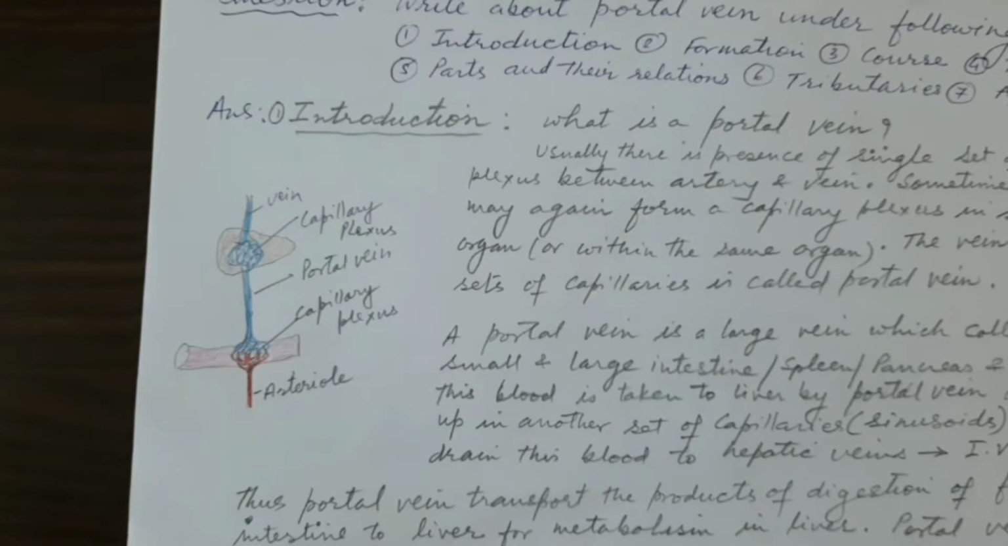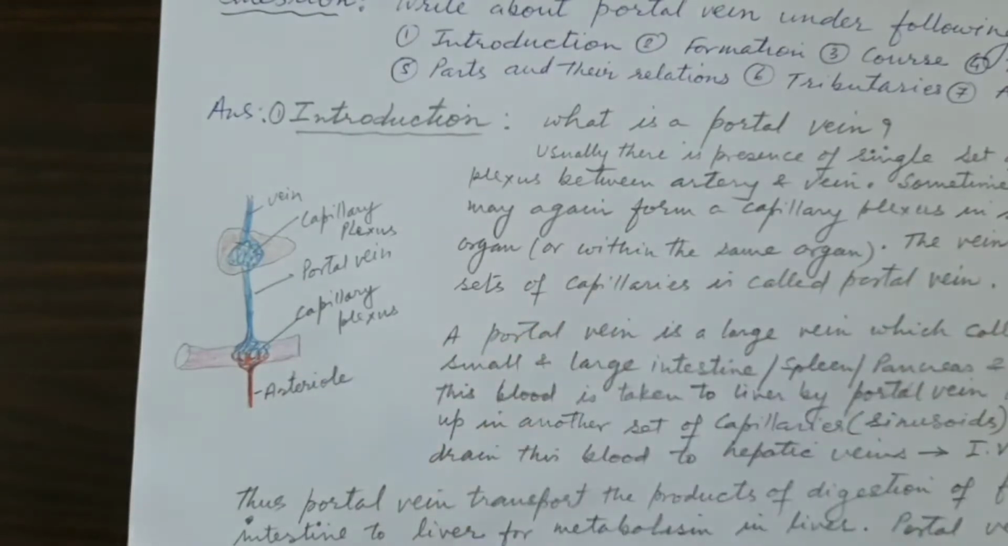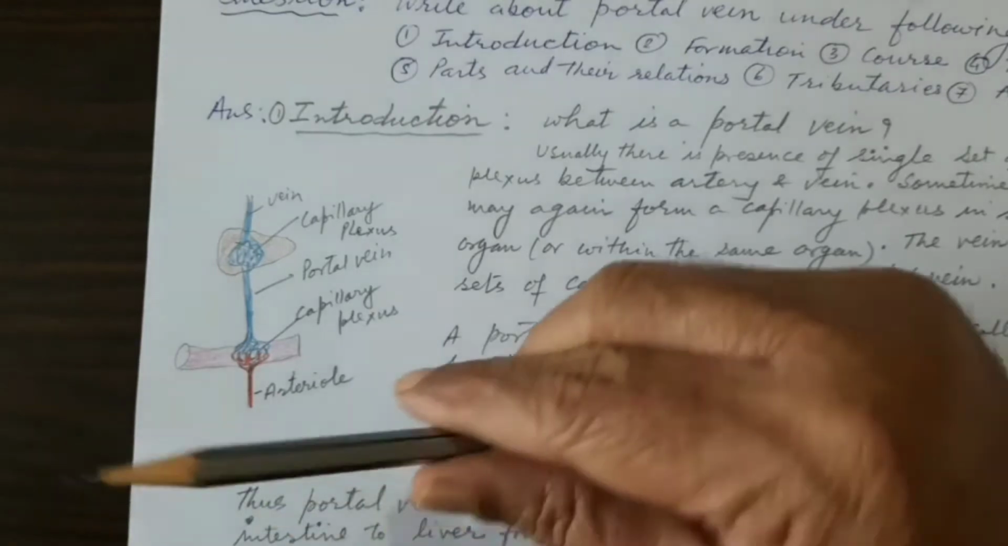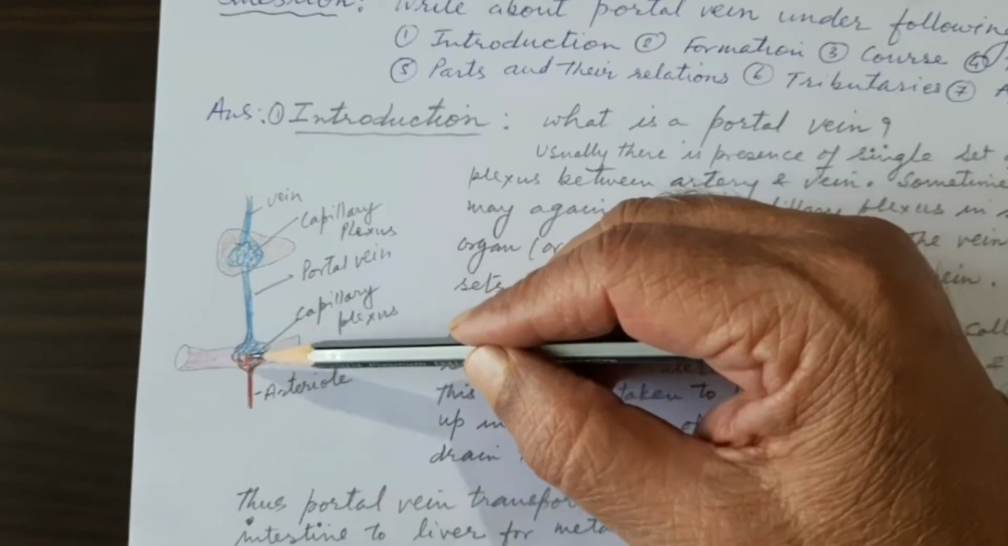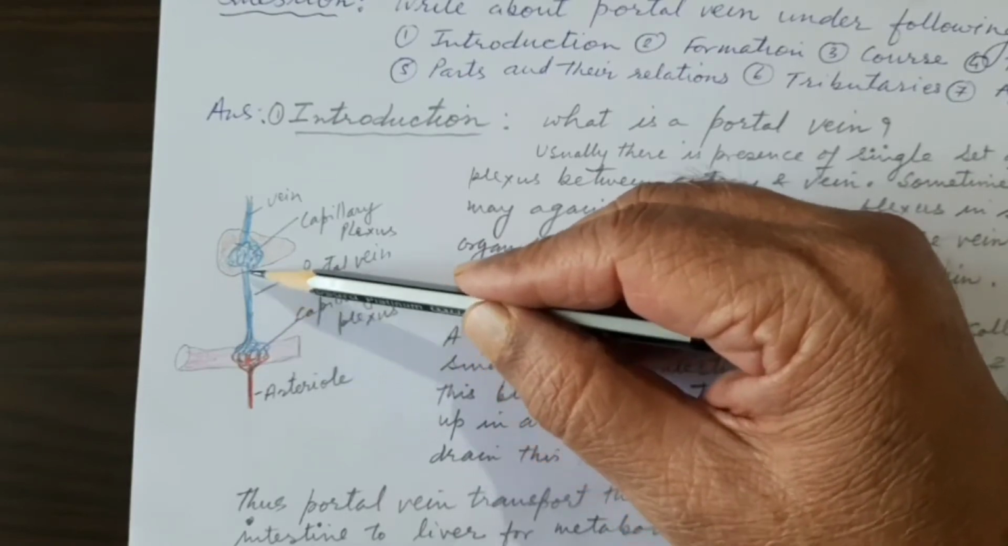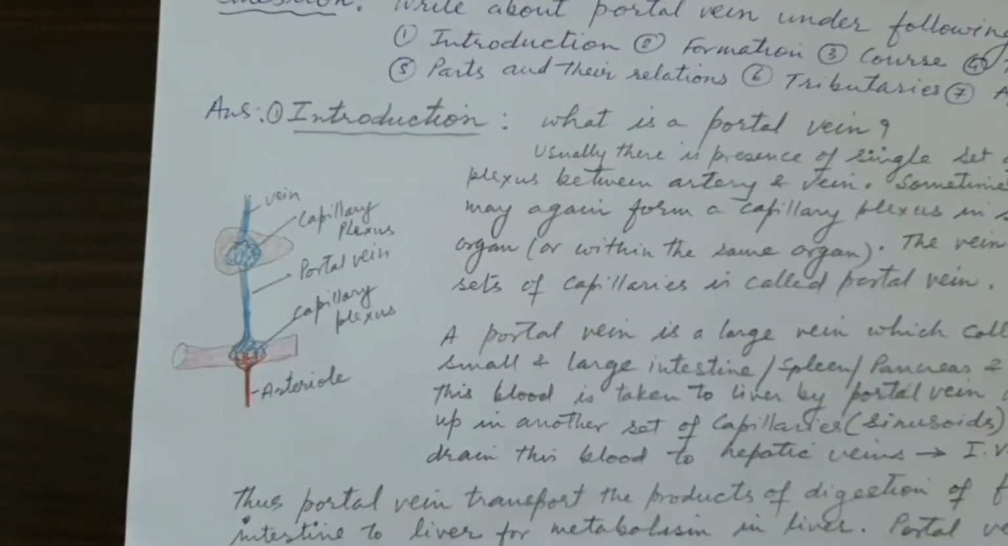Now the best example of the portal vein is where the first set of capillaries are formed in the intestine, whether it is the large intestine or the small intestine. Their wall shows the presence of capillaries, and these capillaries form veins, and these veins unite with each other to form the portal vein, and then this portal vein goes into the liver, where it once again breaks up into a set